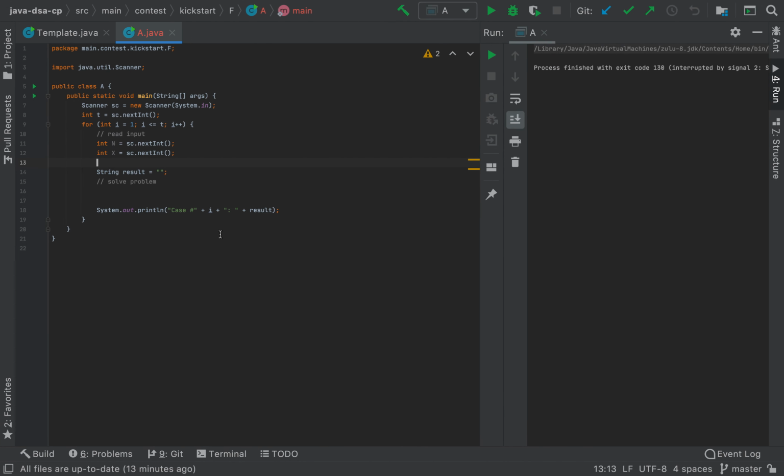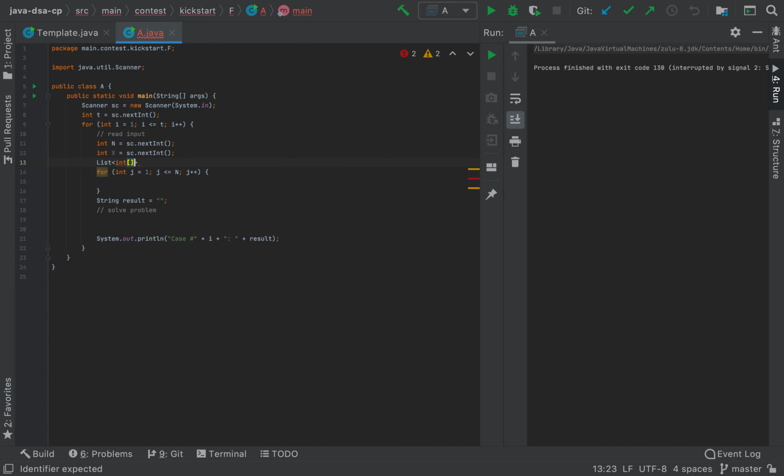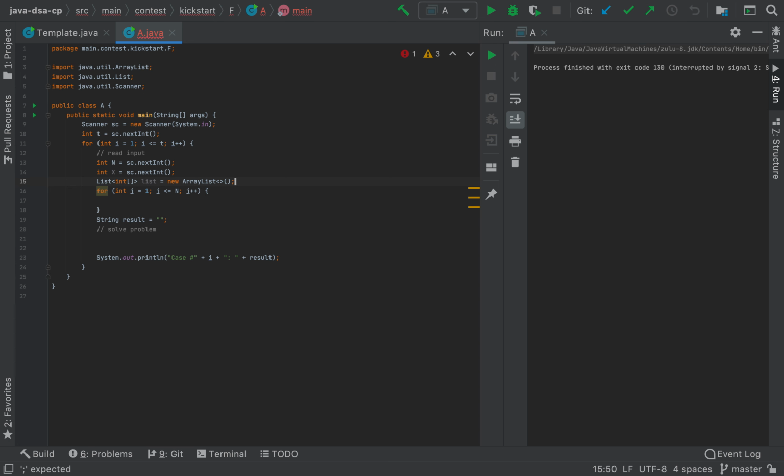So now we will run a for loop with j from 1 to the number of people n, and we will also use a list here of int pairs, holding the number of rounds plus the index of the person standing in the queue.